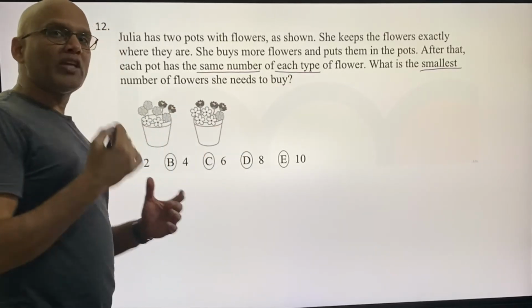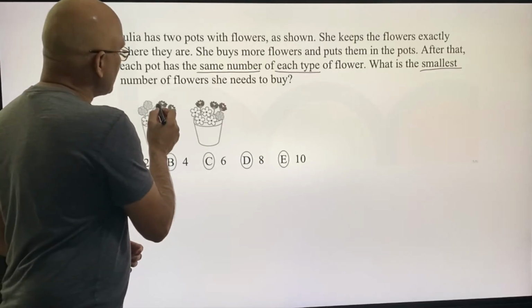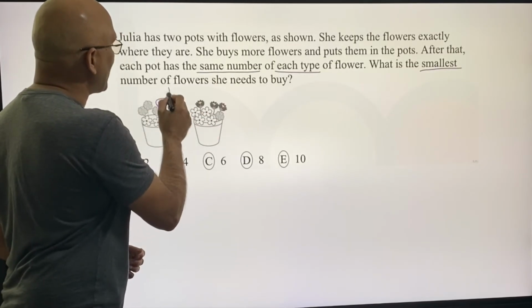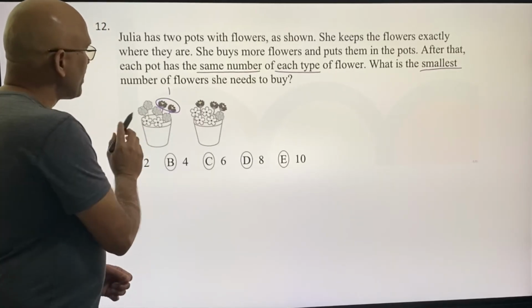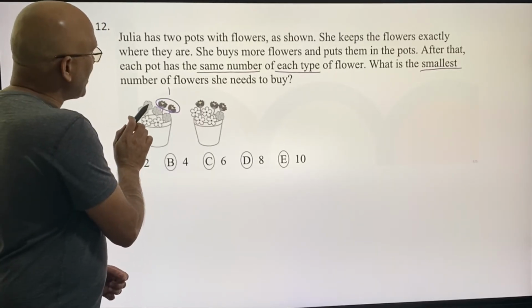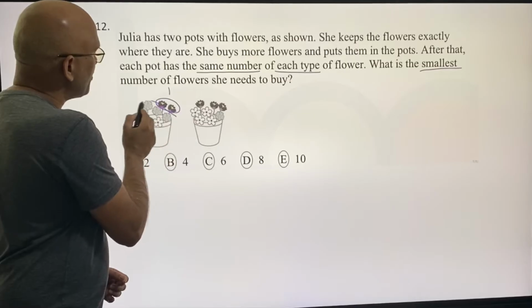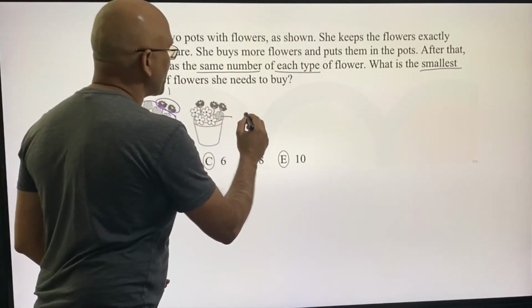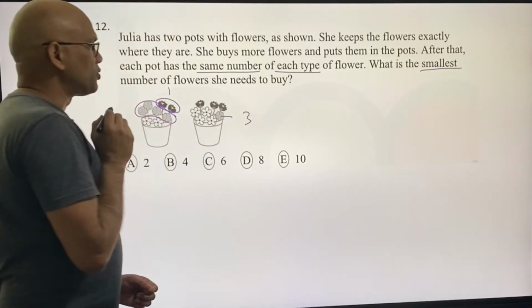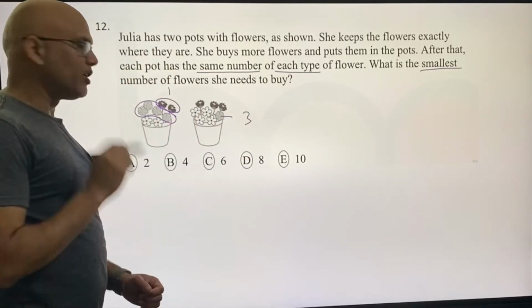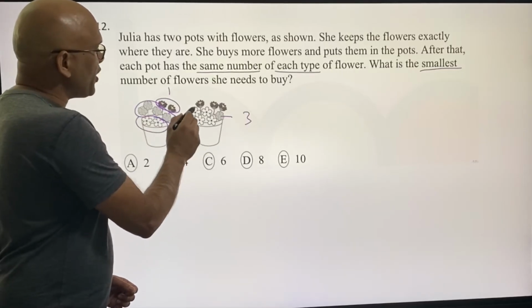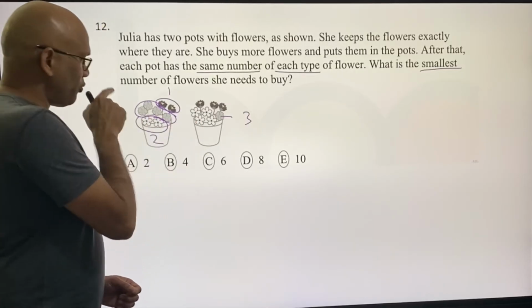Okay, so let's check each flower type. First, the black ones. There are 2 here, there are 3 here, so I need one more of black. Okay, there are 4 gray here, 1 2 3 and 4 gray. There is only 1 gray here, so for gray I need to put 3 more gray in this bucket. Okay, there are 2 white flowers here, there are 4 here, so I need 2 more white flowers to put